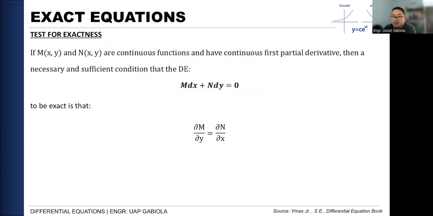And then, if our M and N are continuous functions, the necessary and sufficient condition for the differential equation is that it should be exact. And how can we test that it is exact? They say that when we take the M function and differentiate it, or take the partial derivative in terms of y,